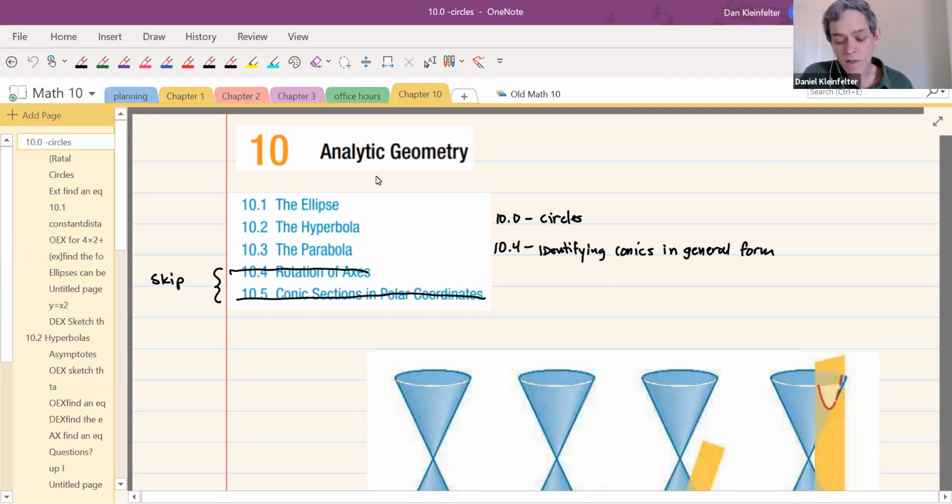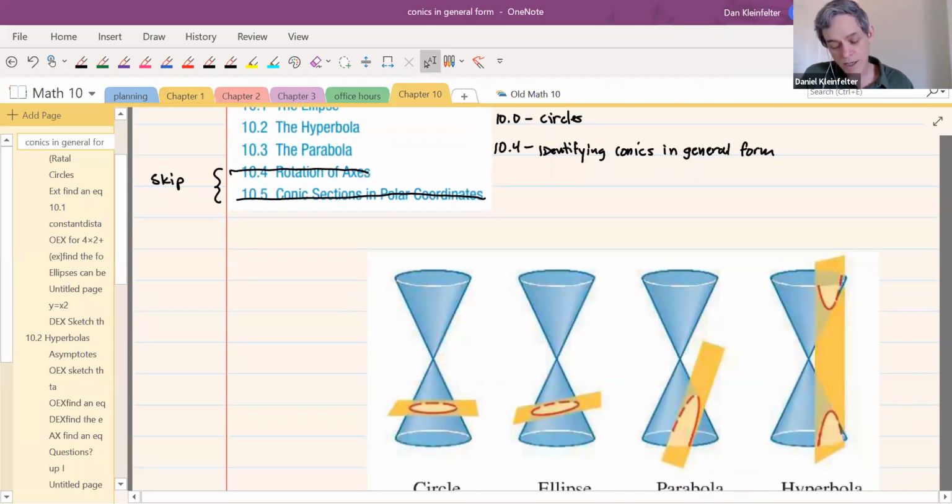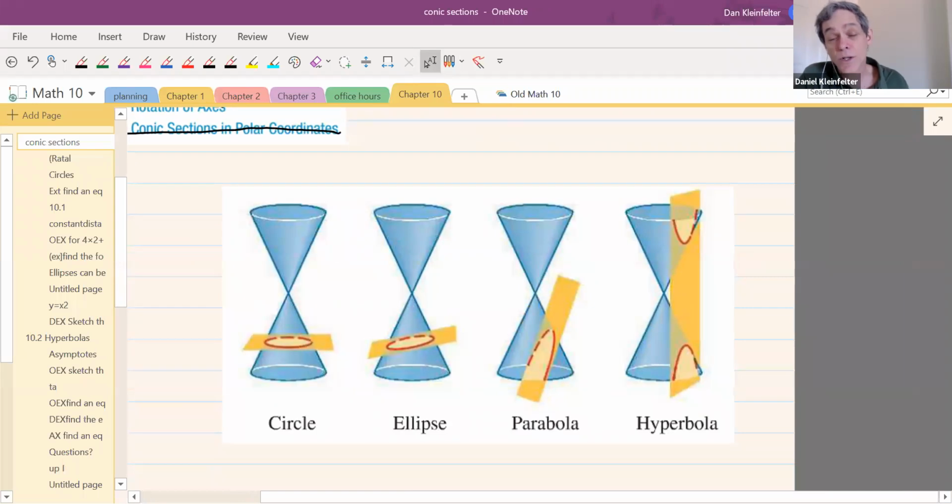Chapter 10 is about what's called analytic geometry. Specifically, it's about the conic sections. What is meant by that is if you take 2 circular cones, as shown in the picture here, and point them so that their tips are touching, and then intersect that resulting 3D shape with a plane, called making a cross section or a section, then that generates a 2-dimensional